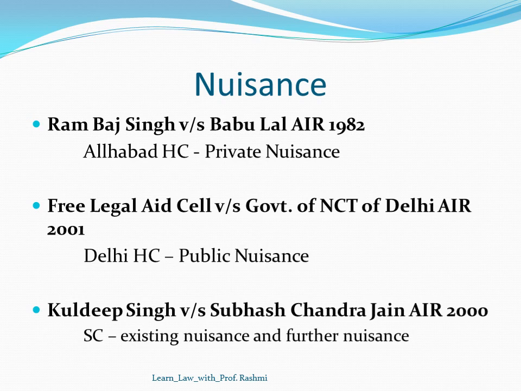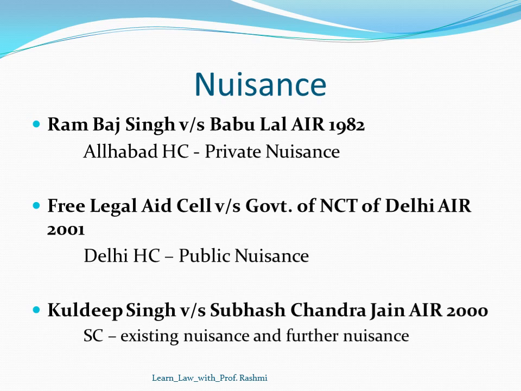If something is going to happen, is dangerous, is of imminent danger, and there may not be absolute certainty that such a thing would happen, then that proof is not needed. But if it is proved by pleadings, or if the court is convinced that if such a thing is allowed, there would be an imminent danger caused, then and then only would an injunction be allowed. So in this particular case, the Supreme Court had distinguished between existing nuisance and further nuisance, or anticipated nuisance, you can say.